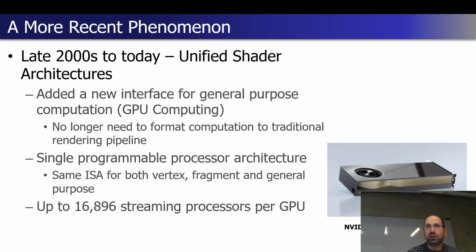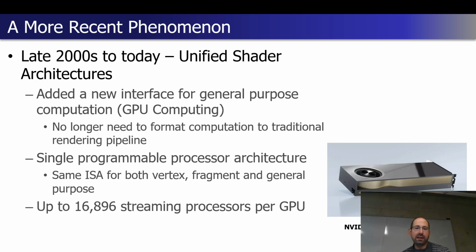When you hear the term GPU, although again this isn't a hard and fast rule, you should be thinking of, okay, everything's a texture, and I'm doing kind of a meaningless render to get some fragment shader cores activated to do my compute. With GPU computing, we don't have to do that anymore. There's a separate API, a separate interface to the hardware that allows you to think of computational tasks first and foremost. You no longer, as the note says here, have to format your computation to fit into a rasterization-based rendering pipeline.